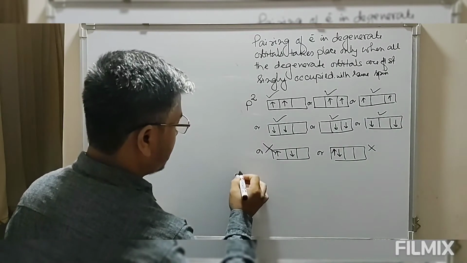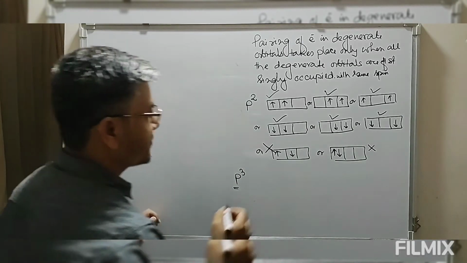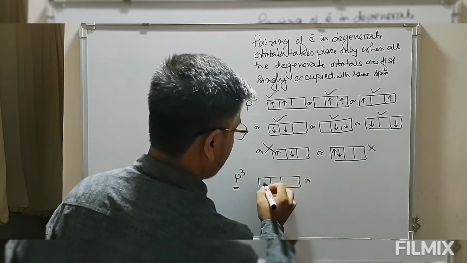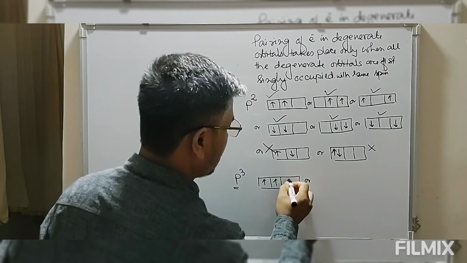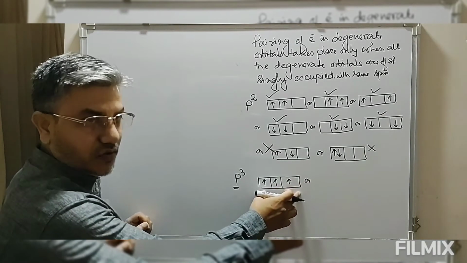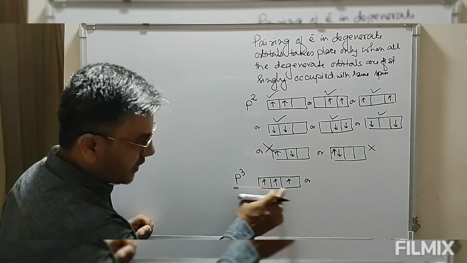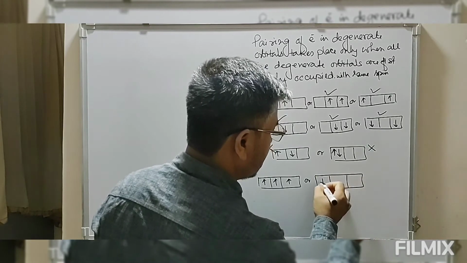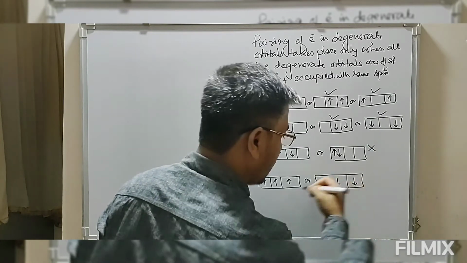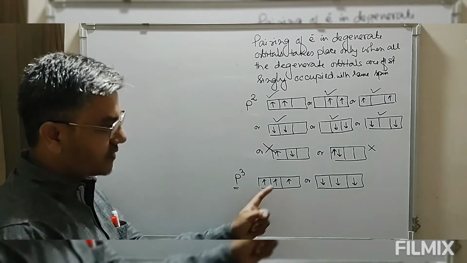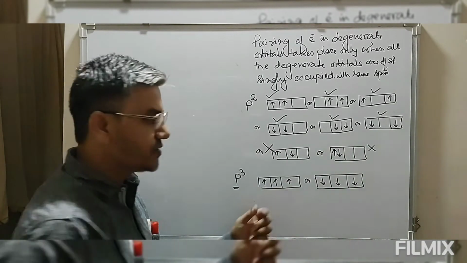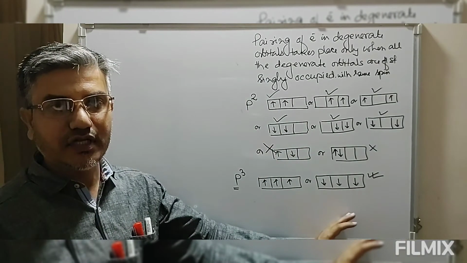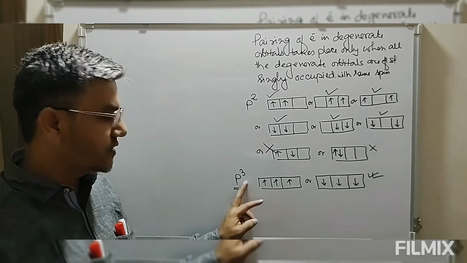Let's take P3. We have to place 3 electrons in the p subshell. Each orbital contains one electron, that is, singly occupied, and all have plus half spin, or we can have this arrangement, again singly occupied, but all 3 electrons have the same spin, that is negative spin; this is positive spin. So these are the only 2 allowed configurations. Any configuration other than these is not allowed for P3.